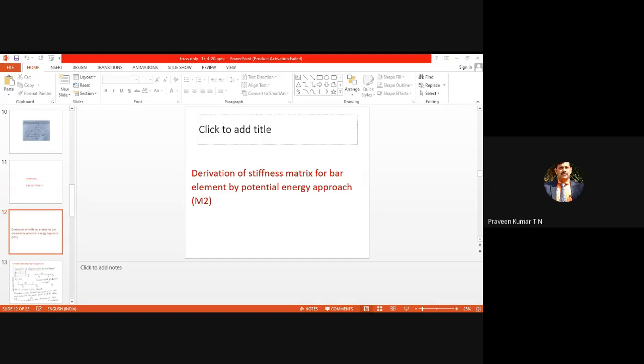You have to assume the temperature, or define the temperature by some equation like T = a0 + a1x. That is the assumed polynomial. So in heat transfer, the field variable is temperature. Once you know the temperature, we can find out the heat flux. We know that Q = K·A·ΔT/L. So once you know the temperature, we can find out whatever parameter or equation is required.